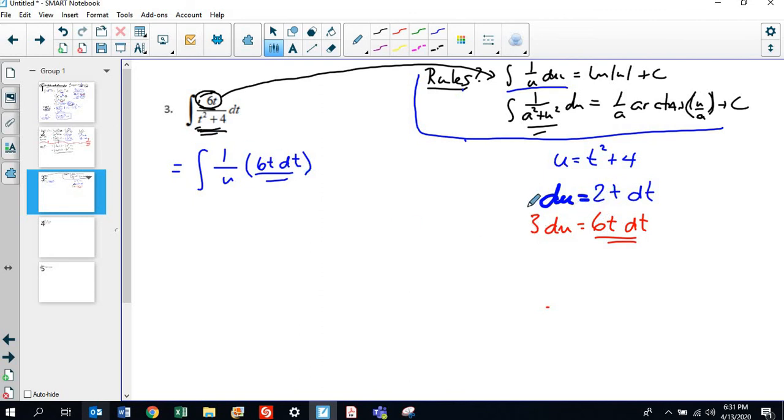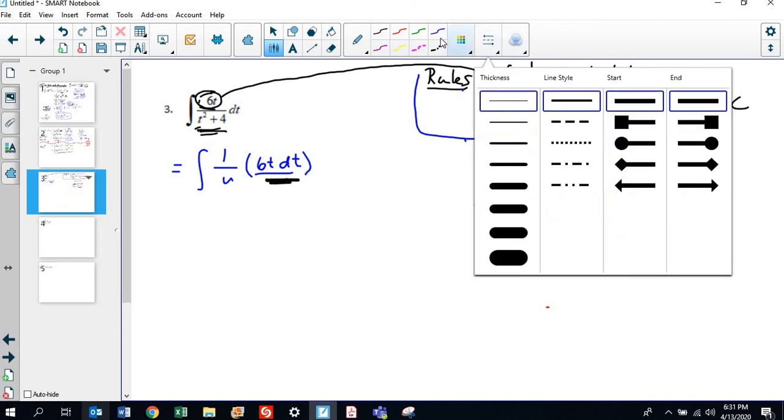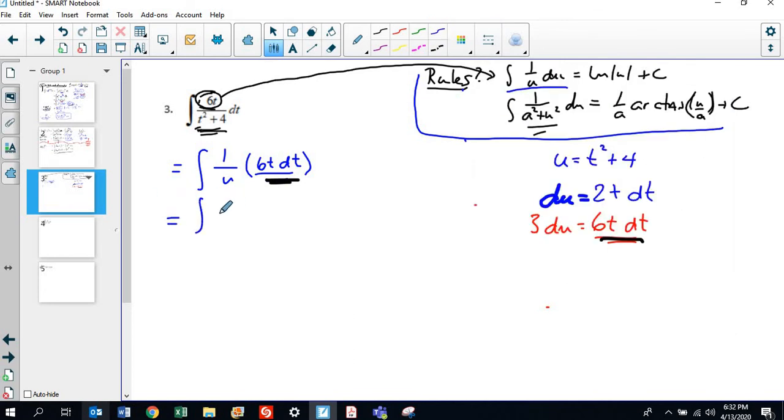All right, so just like I divided last time, now I'm going to multiply to get 6t. And if you didn't see that, you could divide both sides by 2 and substitute in and combine the 2 and the 6 later. But anyway, so I'm going to substitute this here and here, and I'm going to end up with the integral of 1 over u,